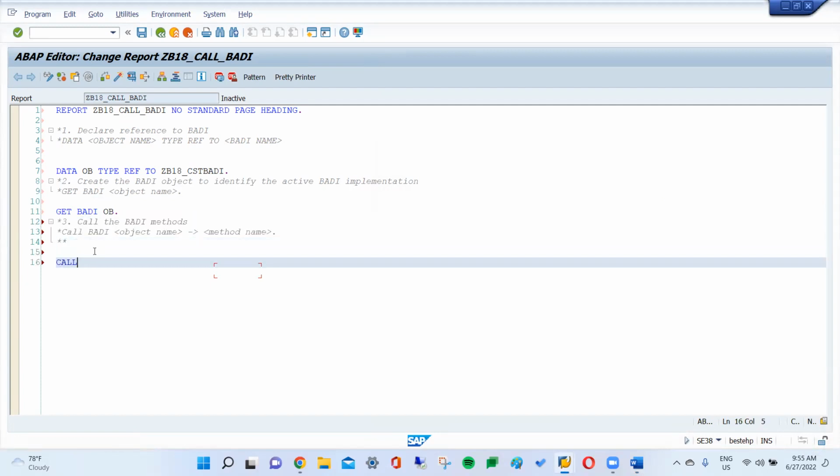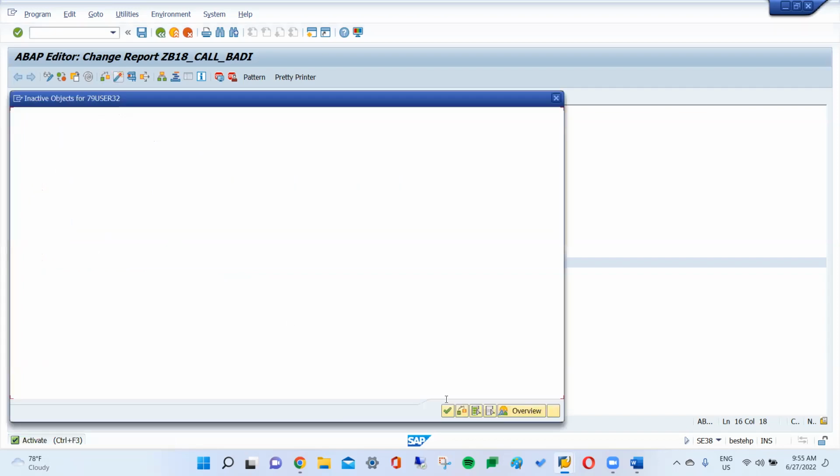I can call a method called OB1. We are not calling normal methods, guys, we are calling a BADI's methods. OB1 and you need to call M1. Just observe here, you need to define the variable for the BADI, get all the BADI objects into the object, and call the methods by using the BADI. Now you can save it, check it, activate the process,